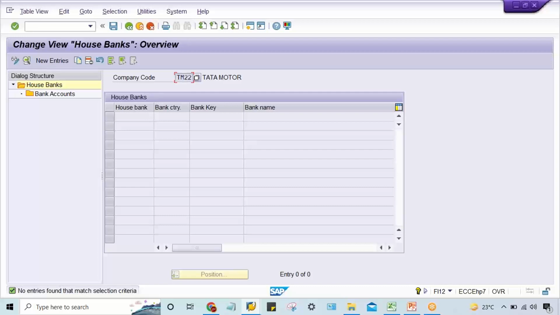So I'll tell you guys, generally bank accounting and bank related configurations, when is it required, right? Of course, when we are going to use the automatic payment program, at that point of time it is required, right? So in the course contents, even in multiple course contents, people are specifying bank configurations or bank accounting, or house bank setup, isn't it? So house bank setup. So here, don't be confused, guys. This we are doing at the time of the automatic payment program itself, right? And exactly here itself it is needed, right? So